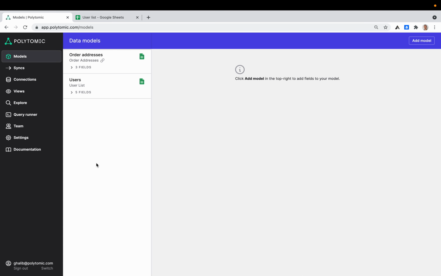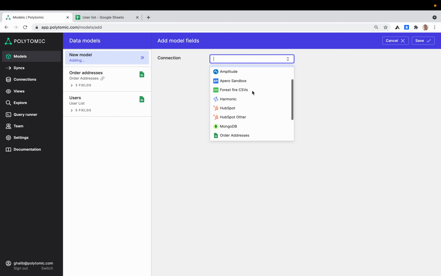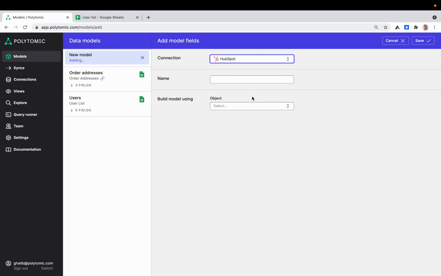Now, Polytomic is a generic sync tool, and suppose you wanted to sync from HubSpot into spreadsheets. Well, it's the same workflow. Step 1, expose the data in a data model. Step 2, set up a sync, and that's it. You could, for example, click Add Model, choose your source system to be HubSpot, and let's say we'd like to surface contacts,